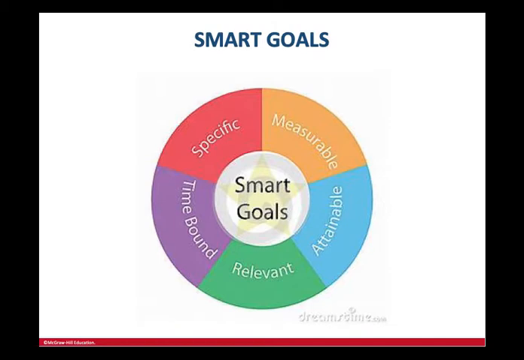A good goal should also be measurable. So whenever possible, goals should be measurable or quantifiable. In our example, 90% in 15 minutes is that measurement. So there should be some way to measure the degree to which a goal has been reached. They should be attainable. Goals should be challenging, of course, but above all, they should be realistic and attainable.